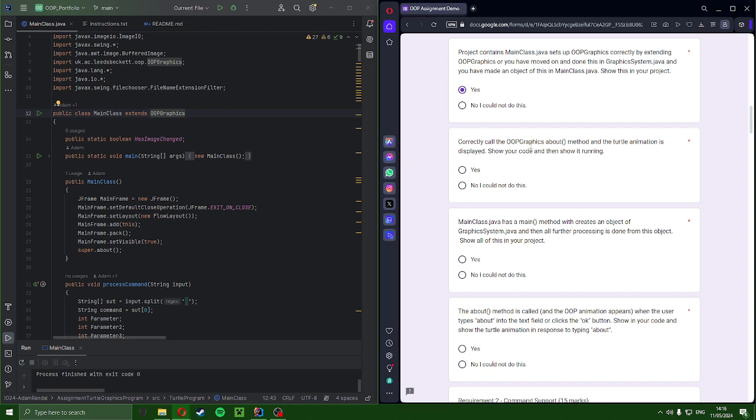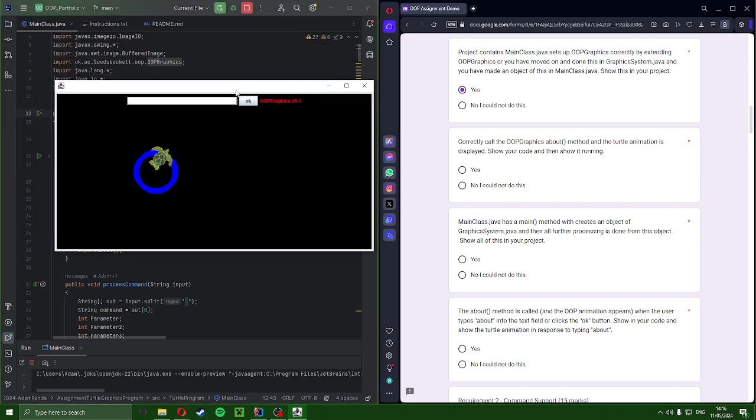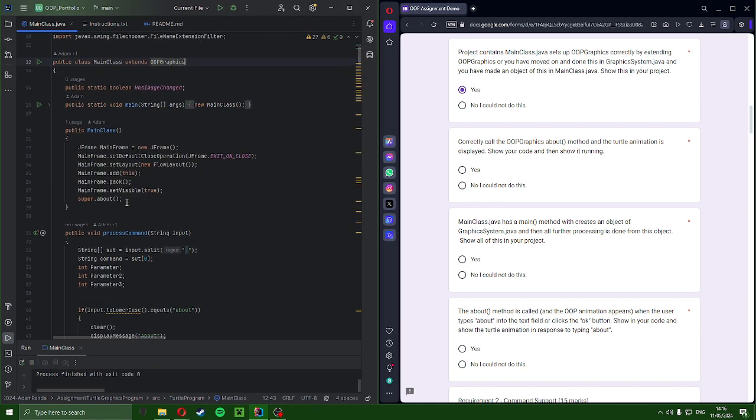Correctly call the oops graphics about method and the tail animation to make sure you can. So I'll let it fully play out. This is when I run it, it instantly plays the about method, as you can see there, and that is here within my code. So yeah,